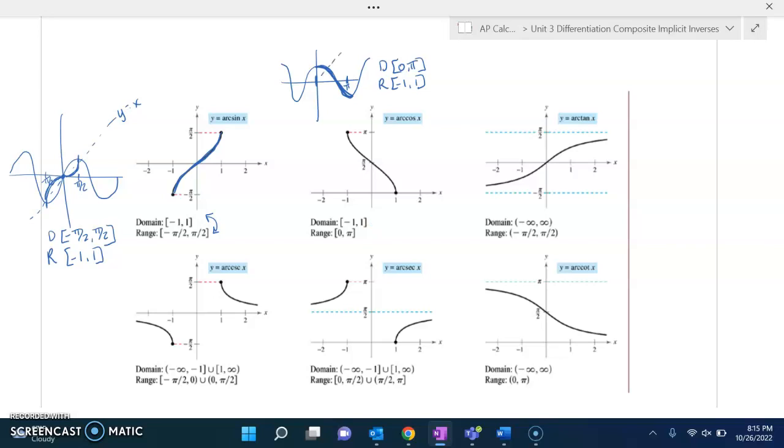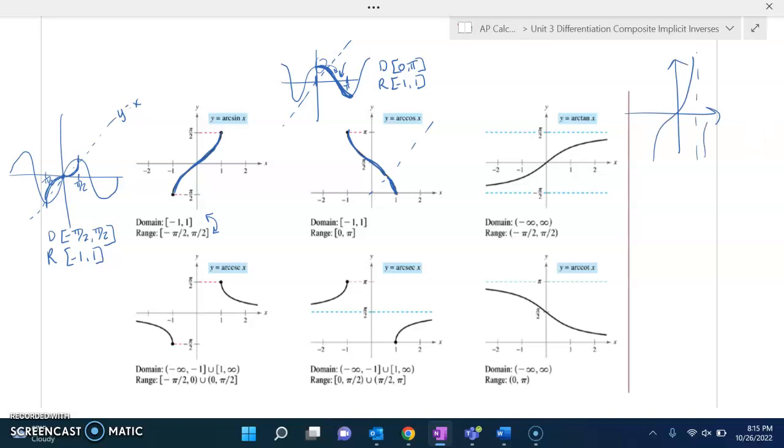This one is a little harder to show the reflection across y equals x because I'm not a great drawer here. But basically, this portion right here is going to flip on this side, and that's why you're seeing this section here. And then this little piece flips down here, and that's why you see this section here. Okay? I'm going to go through tan. I'm not going to go through arc cosecant, secant, and cotan. But so tan